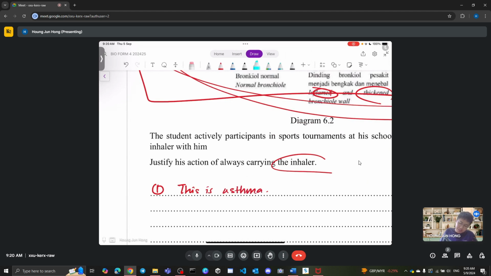And they say justify whether or not it is good to use inhaler. So just tell them inhaler is important. Inhaler is correct. We need to use inhaler. Now, the next question, how to know? I never heard about inhaler. I never even used an inhaler. How to know? What does inhaler do over here?